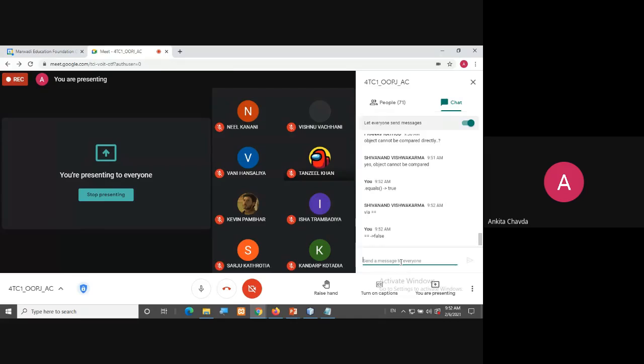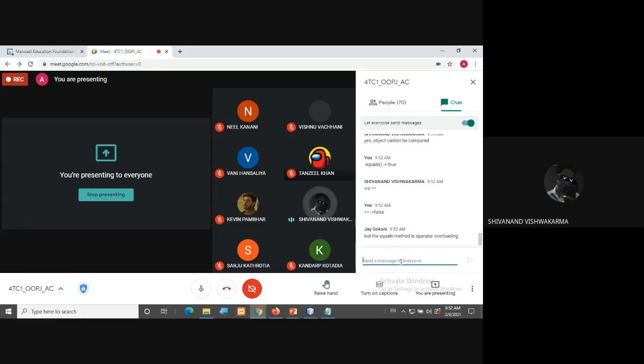So should I tell you the reason? No, it is not like that. That equals method is for operator overloading, because in Java there is no concept of operator overloading. Right? Excuse me, मैम. मैम क्लास सेम है मैम, इस वजह से तो ऐसा नहीं होता है. No, no, no. That is not the reason.